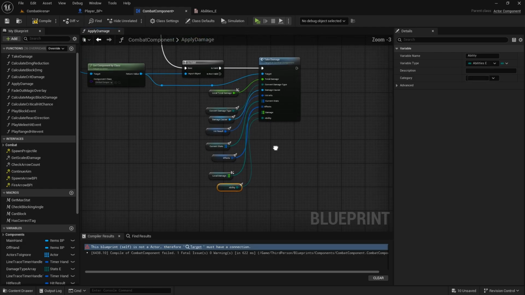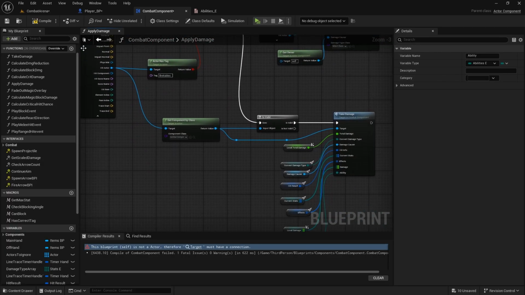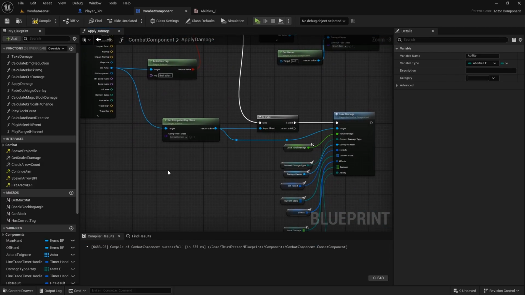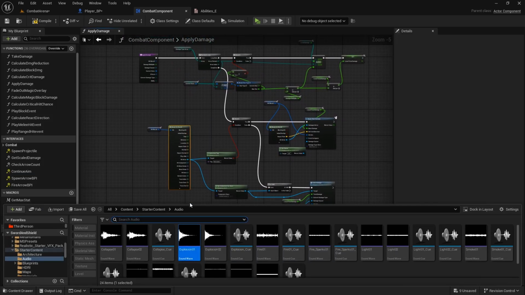And we will pass it. Cool, so it will be default on all of the attacks at the moment. If you want to change it, we need to change it in a few places. So for example, on a fireball,